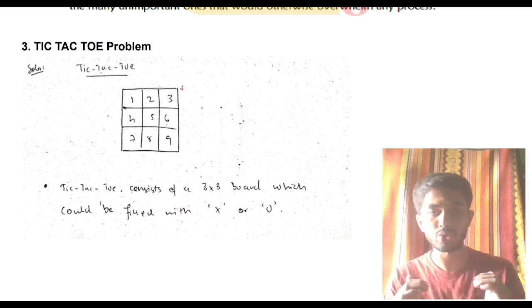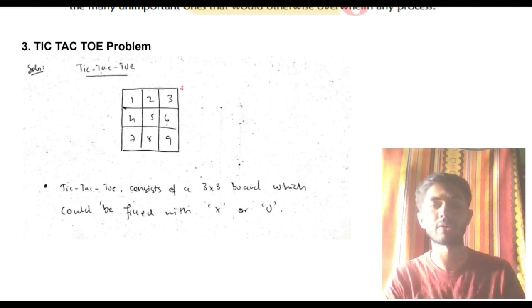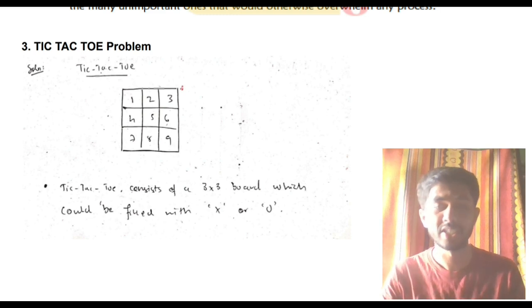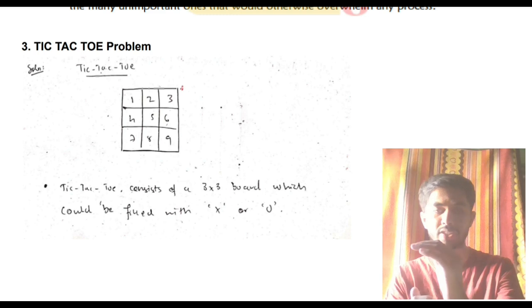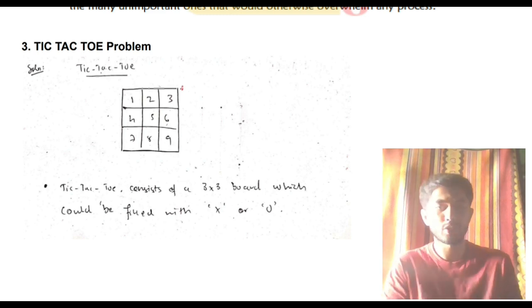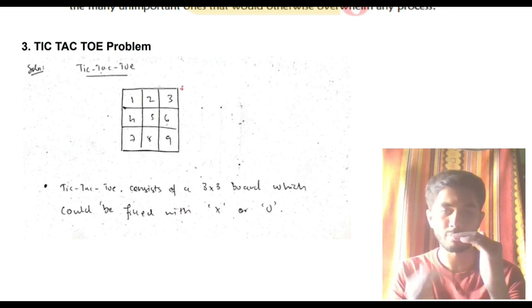After that, you need to explain the approaches used in finding the answer to the tic tac toe problem. There are 3 approaches. For each of those you have to write the advantages and disadvantages, and after that you will approach a final solution in which you explain why this is the best technique. These are the 3 steps you need to follow. Some stupid people just start writing the algorithm and then finish it, second, third. That's all they will do, and they will say I wrote everything, I did not get marks. You did not write it in the way it is meant to be written.